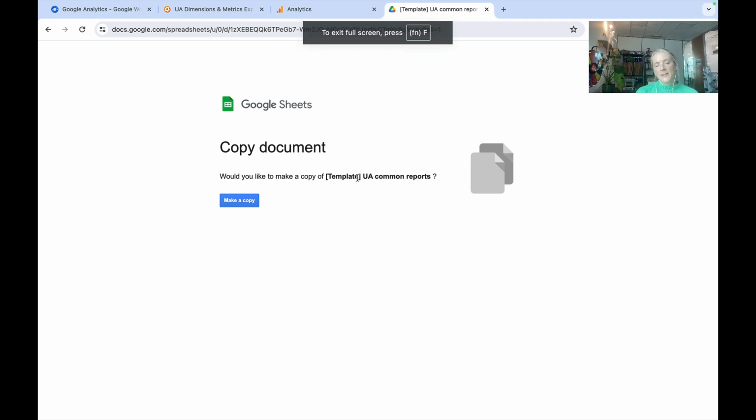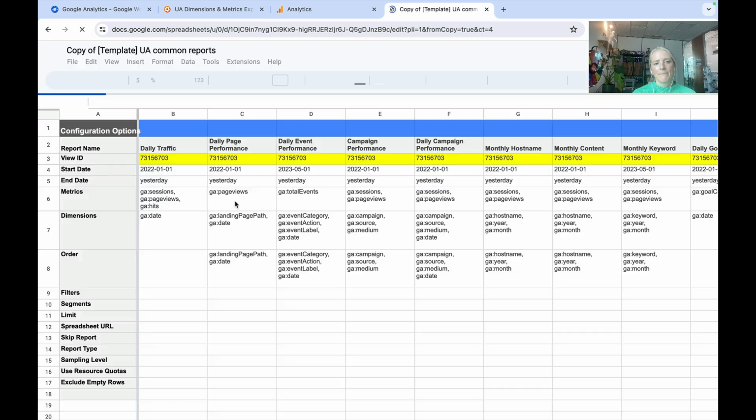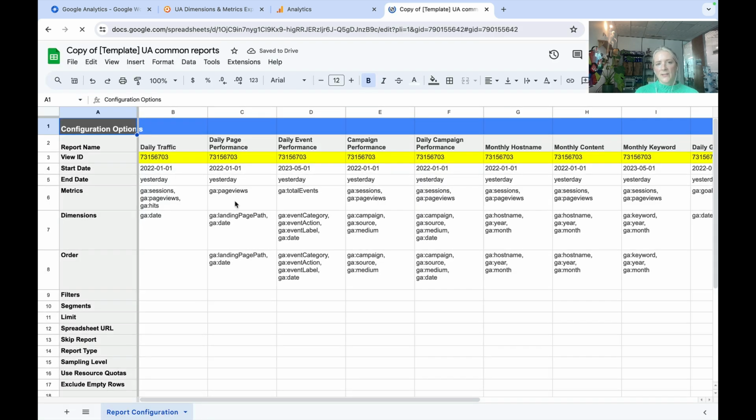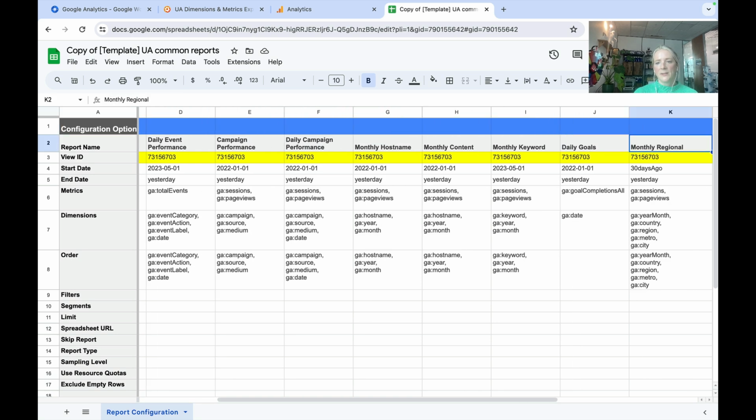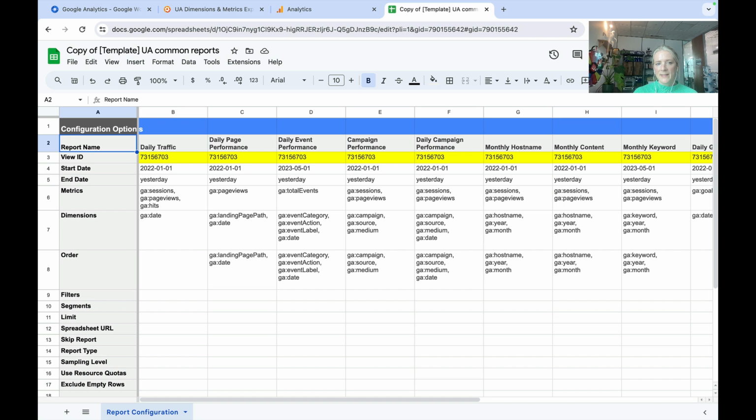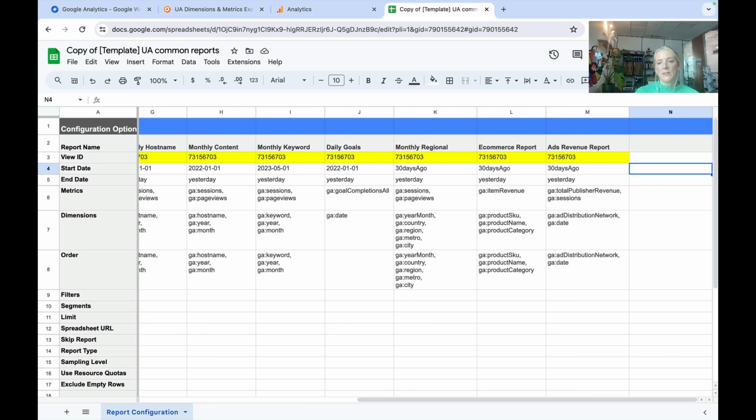Okay, so this template that we're looking at is one that Google Analytics has provided for us. So we've downloaded the extension. We're going to make a copy of that Google Sheet. And what this allows us to do is run a report configuration to pull out all of the top reports. So Google Analytics have made it quite easy for us in that they've created this template, which is basically a sheet that allows us to relatively quickly run these reports and export all of this data